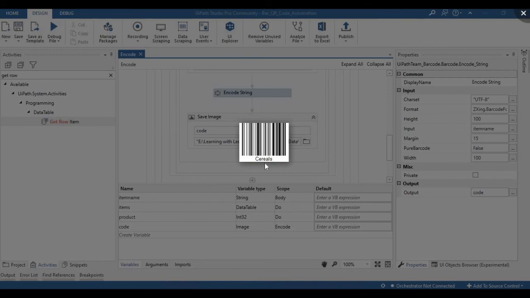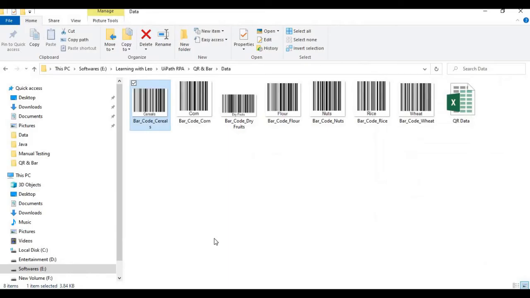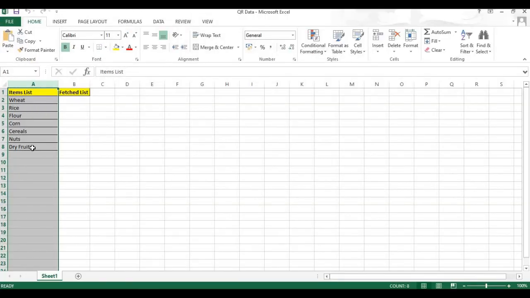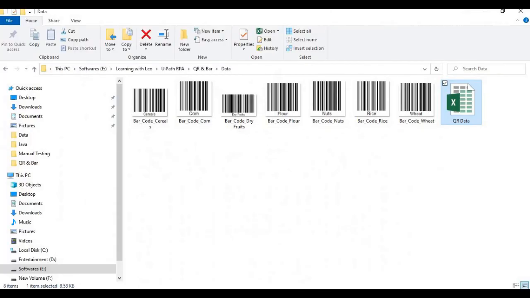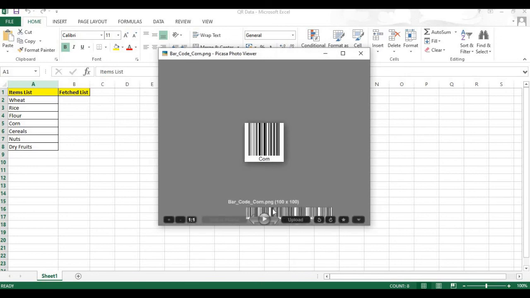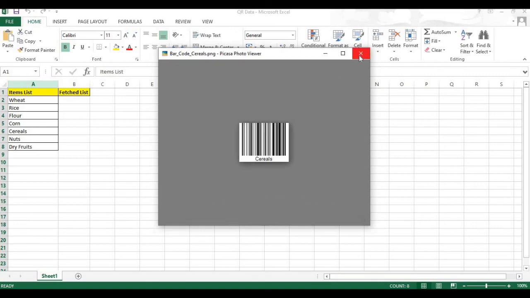Let me open the Excel sheet as well. So wheat, rice, flour, corn, cells. Let's check one by one. Cereals we have corn, dry fruits, flour, nuts, rice, and wheat. So we got all the items in the form of barcodes.